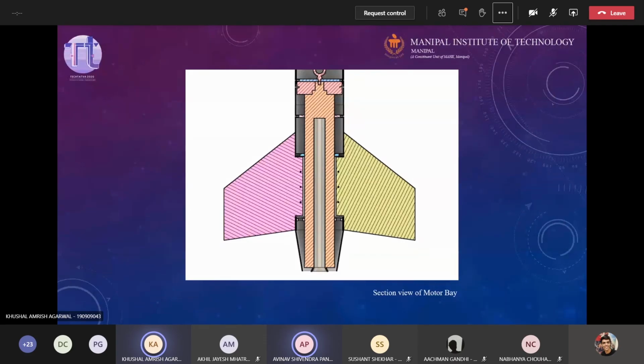Chat says drag, but they haven't mentioned where, and stress also. Yeah, stress obviously will be there, drag will be there, but where and how? Not all the components will face drag, right?